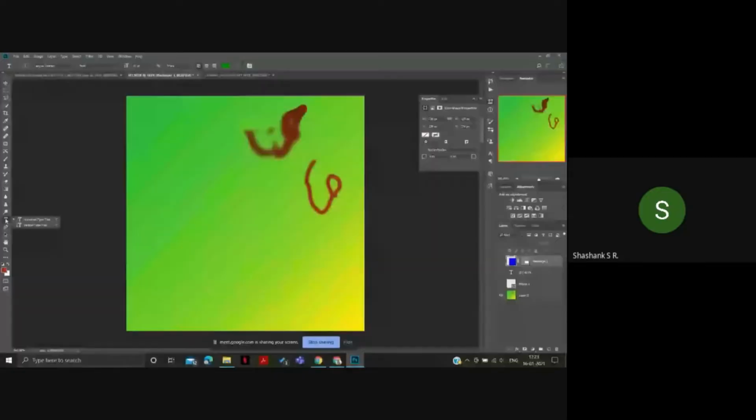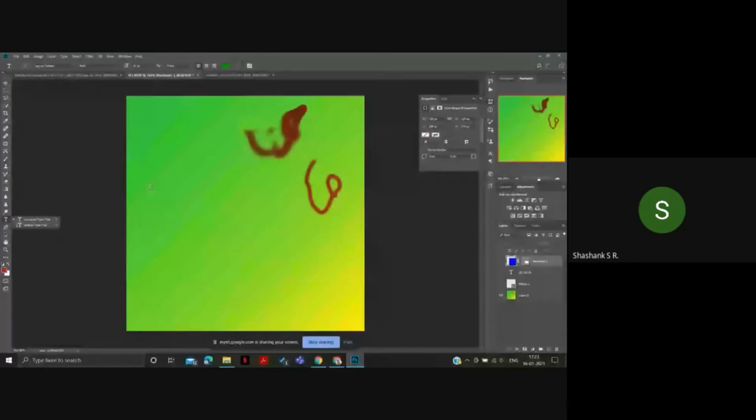You can use this to type whatever you want on this background. So the horizontal type tool is the one used if you want to type horizontally, and the vertical tool is the one which types vertically. So I'll be clicking on the horizontal type tool, and then I'll just show you something.